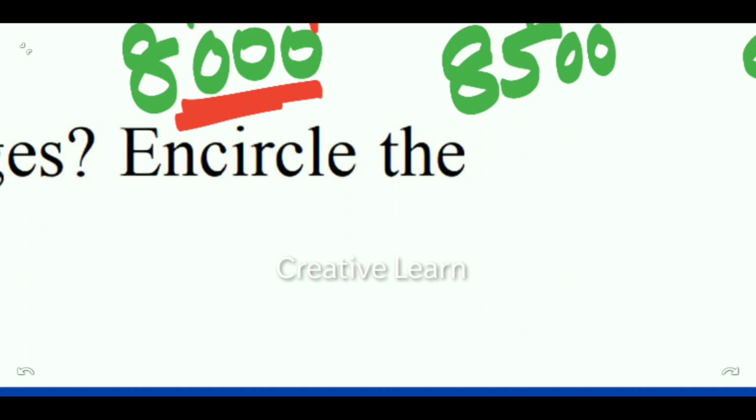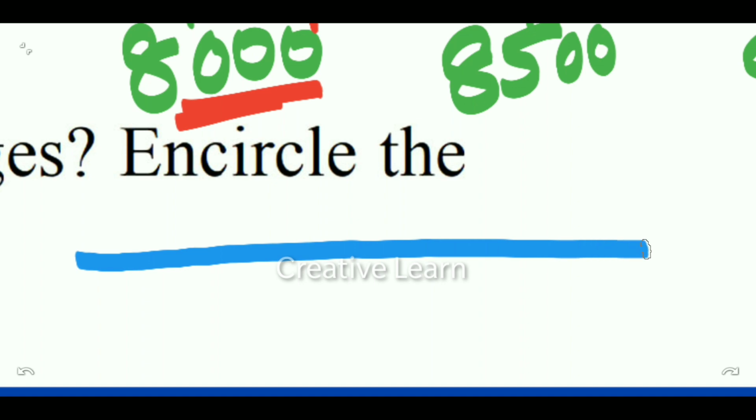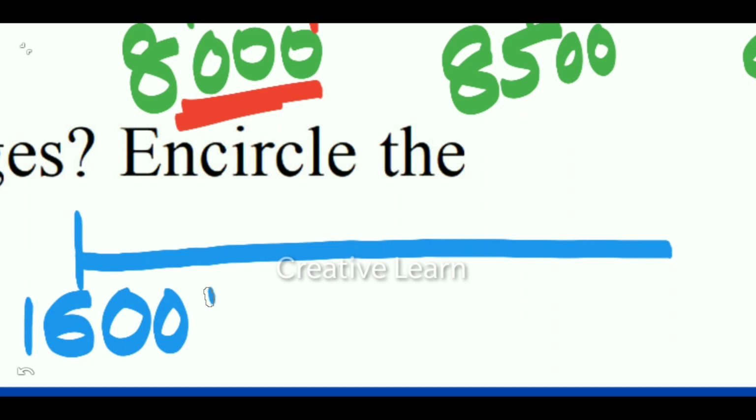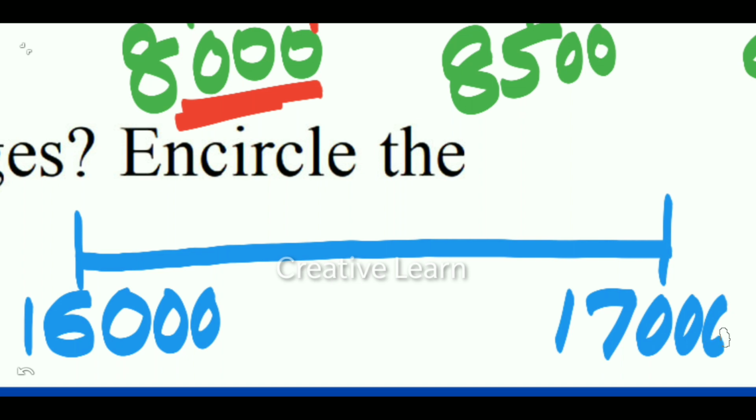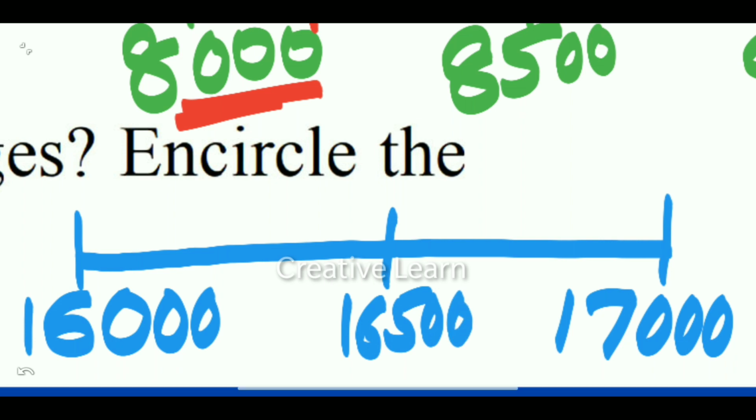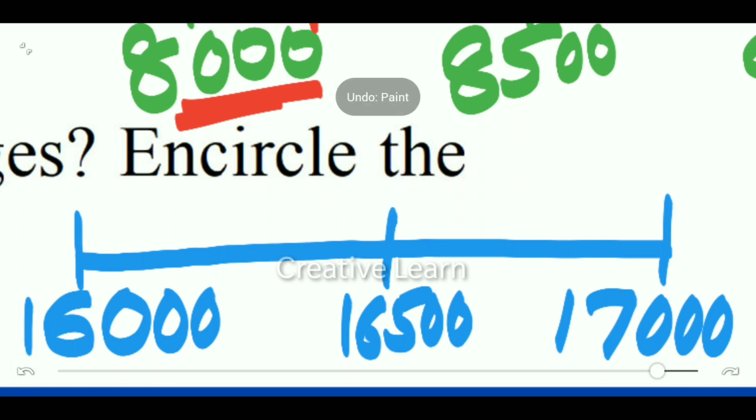16,322. Okay, let's do. Draw the line first. First number, it becomes 16,000 and last number it is 17,000 and middle number 16,500. Now here total population 16,322. Where should it come, before 16,500 or after 16,500? It will come before 16,500. So write here